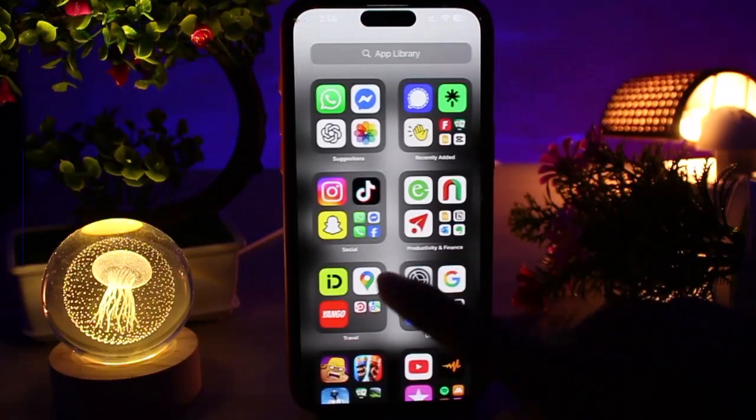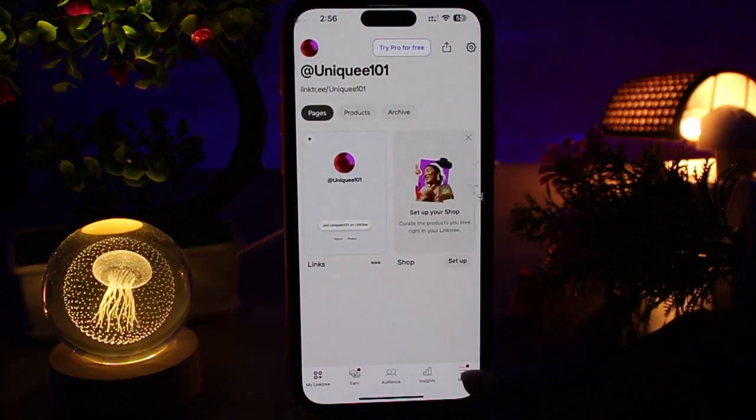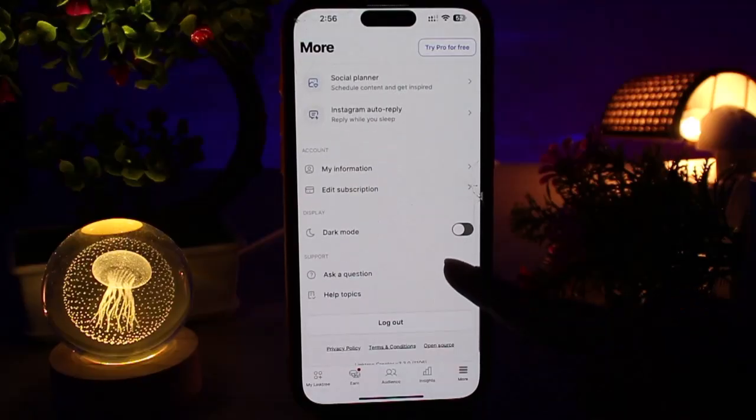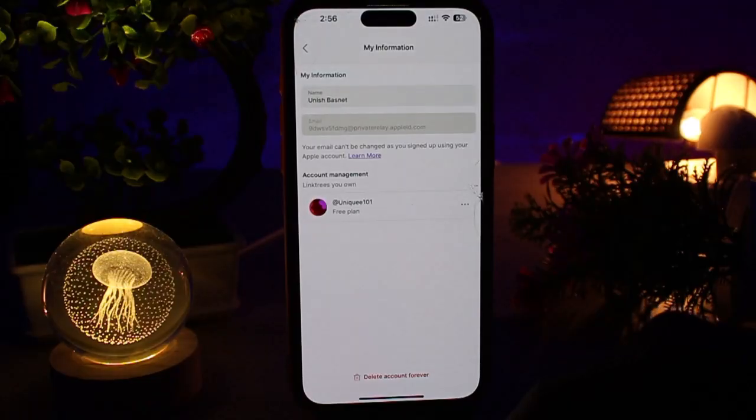First, you need to simply open your Linktree app. When you open your app, simply go to the more option on the bottom of your page. When you are in here, you can simply click on your Linktree account or simply go to my information as well. And when you go to the my information option at the bottom of the screen, you will see delete